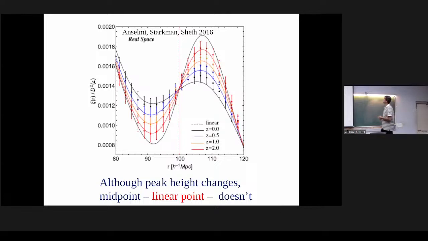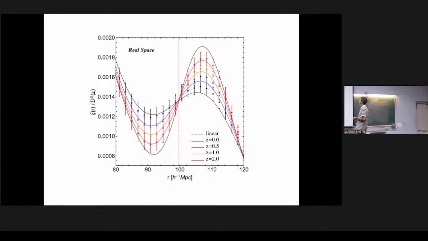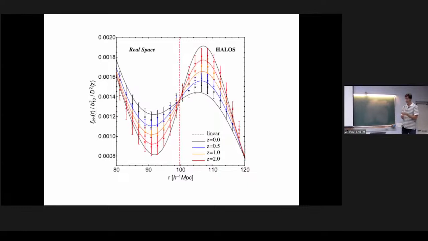So this is the thing we noticed a few years ago, that this position, the midpoint between the peak and the dip, seems to be remarkably stable to evolution. We have some understanding of that. But before I do that, here's a plot that shows this measurement for the dark matter in the simulations, but the things that we observe are galaxies. And so we can look at biased tracers in the simulation. And what you can see is, whether we look at halos or dark matter, the scale is still special.